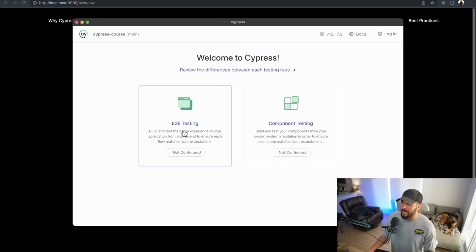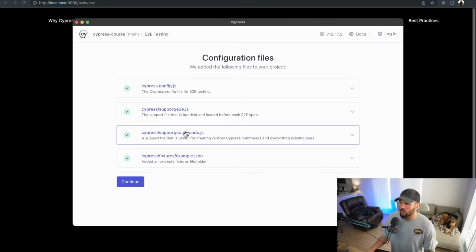So I want you to click on end-to-end testing. And then once you do, you're going to see that Cypress is automatically going to configure your Cypress project here. So it's automatically going to add these different files to your Cypress project. So it's going to add a cypress.config.js, a Cypress support